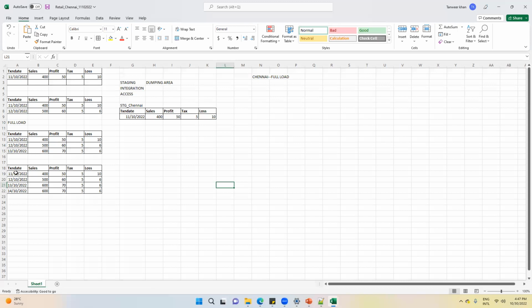Like today, if I have received data of 10th, 11th, 12th, 13th, 14th, so I will load this data now. But before that, you have to delete the data for all the previous days. That is truncate and load. So you don't have any duplicate records, right? In this case, you will not be having any duplicate record. If your question is why we have this full load format, we will discuss down the line about that. Any other question?